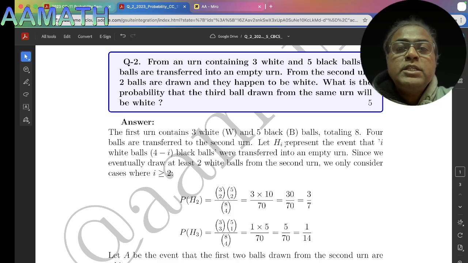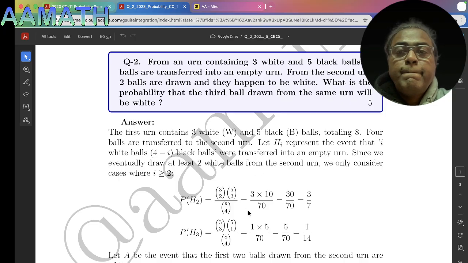Let Hi represent the event that i white balls and 4 minus i black balls were transferred into an empty urn, because 4 balls are transferred. So if i is the number of white balls, then obviously 4 minus i black balls were transferred into an empty urn from